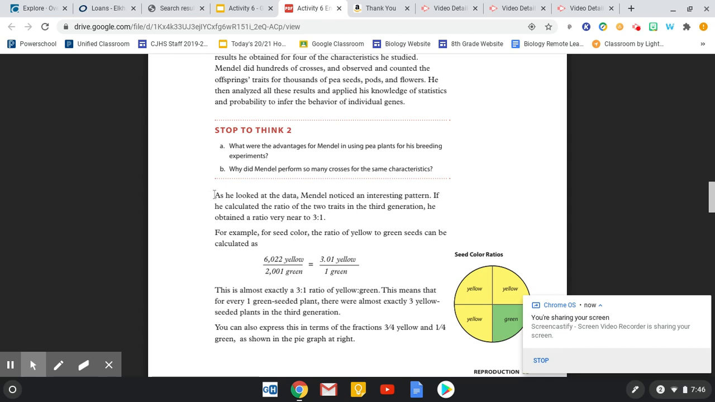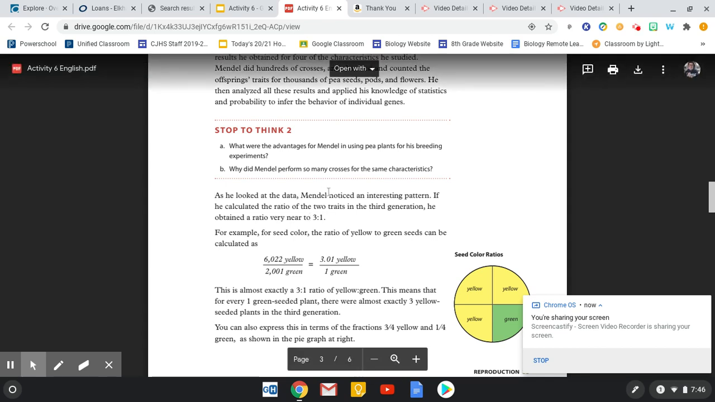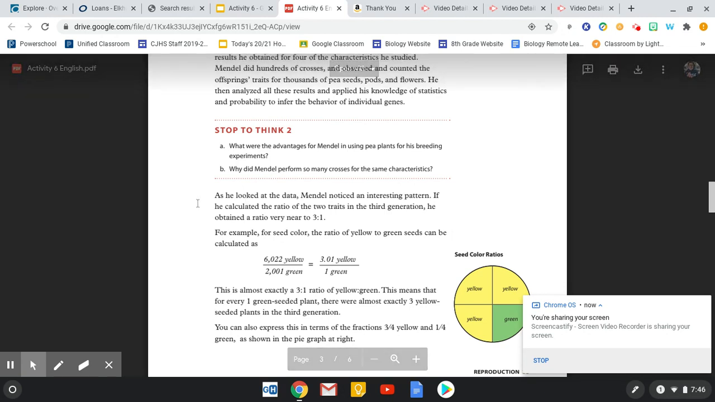Going on with our reading. As he looked at the data, Mendel noticed an interesting pattern. Side note, in science, you're going to notice that there are lots of things dealing with patterns going on. If he calculated the ratio of the two traits in the third generation, side note, remember this is the parents are crossed, the pure parents are crossed to a first generation, like Sky and Poppy are crossed. They produce their first generation, which is, the second generation, which is Ocean and